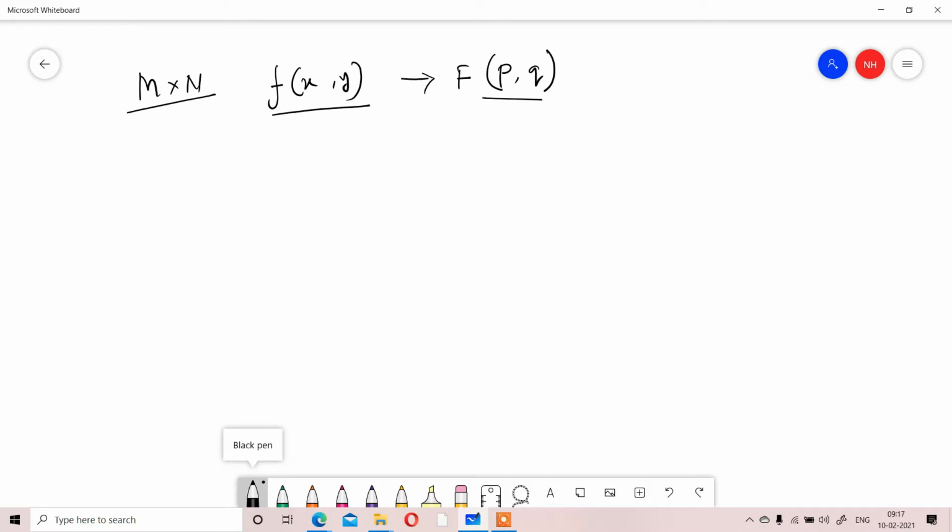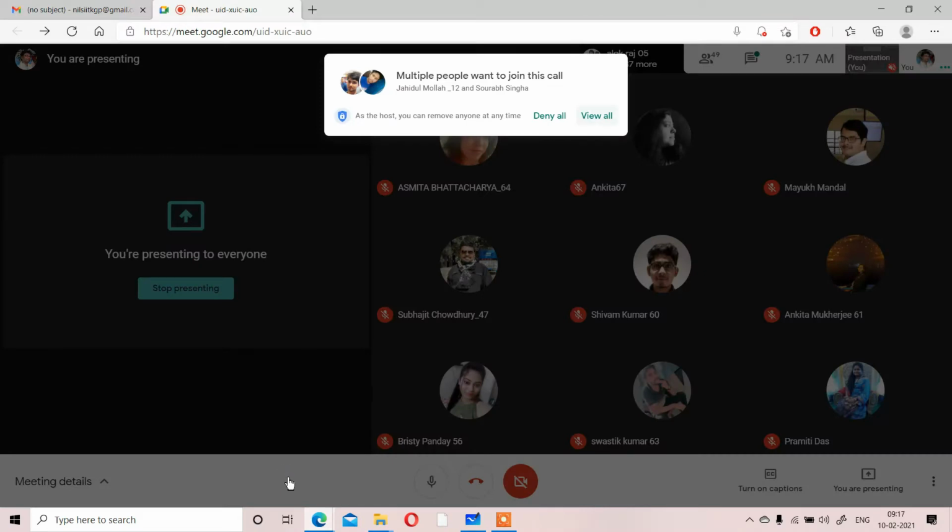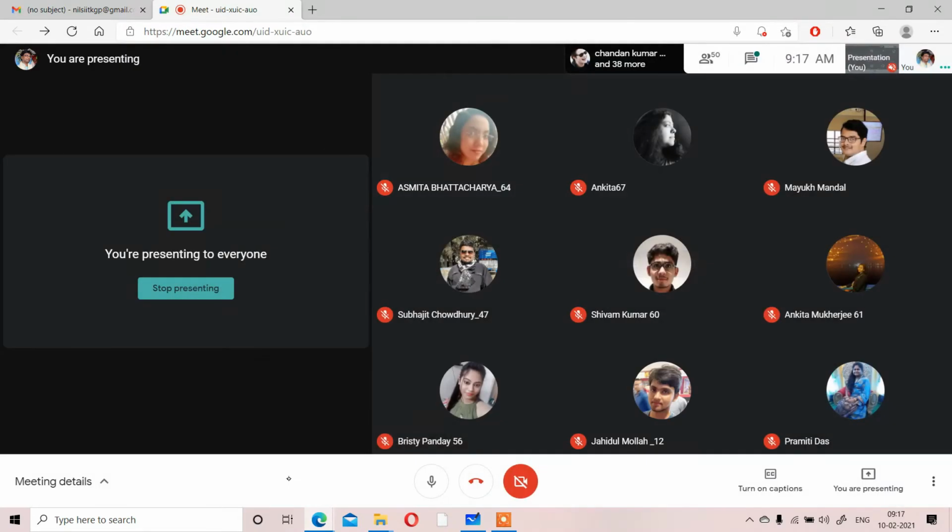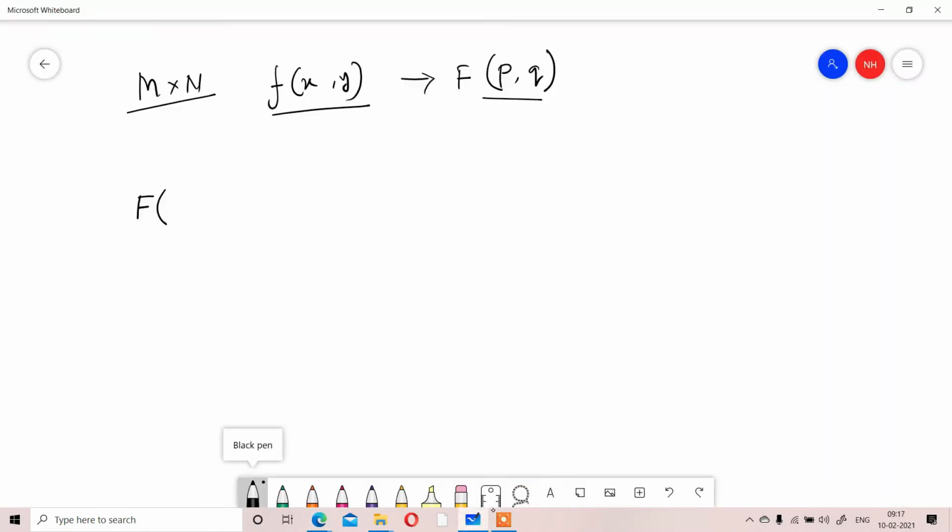So the value of F(p,q) you can calculate as